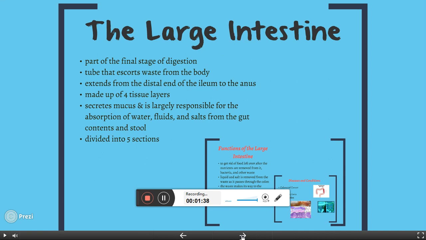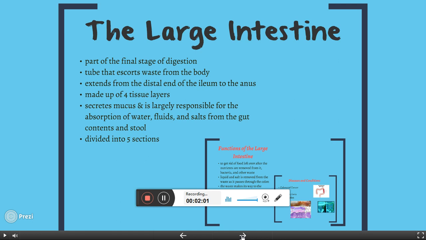The large intestine is the final stage of the gastrointestinal tract. It is a large tube that escorts waste from the body. It is responsible for absorbing water and vitamins while converting digested food into feces. It extends from the ileum to the anus, and is approximately 1.5 meters long, which is shorter than the small